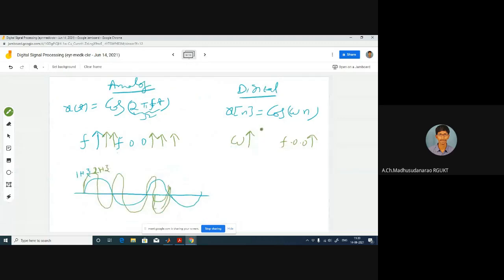If you keep on increasing this, it doesn't mean that this should increase for digital. After some time, that will repeat, right? That will try to repeat the same thing. Yeah, that's the difference between digital frequency and analog frequency. We'll try to look into that in depth later. This need not be true always. This need not increase. Sometimes that may decrease also. We'll try to see that later.